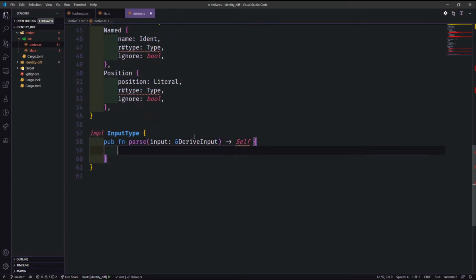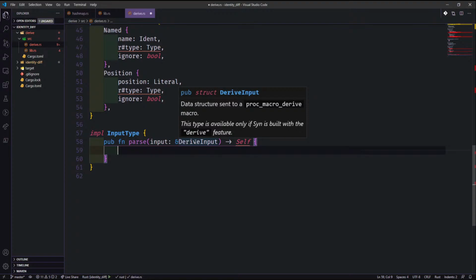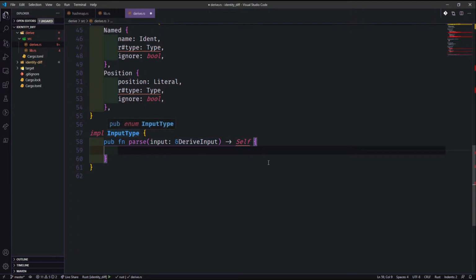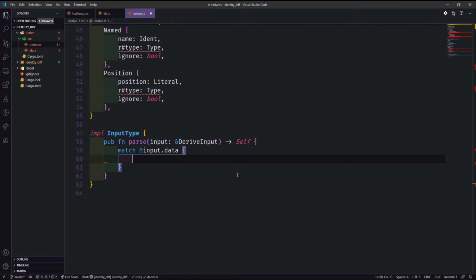All right, so we want to take our derive input type, the data structure sent through the proc macro, and we want to convert it into an input type instead. So yeah, it's actually not hard to do, so we can just match on input.data, and we have the different data types. So we have the struct data type,